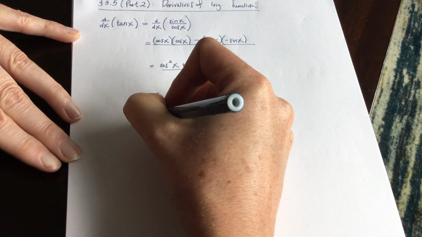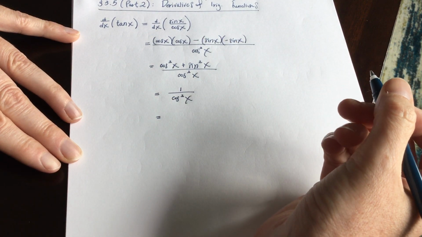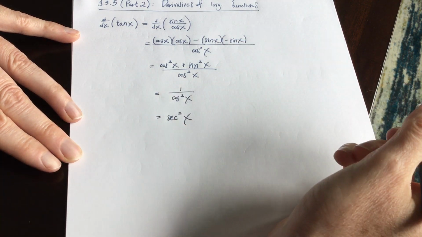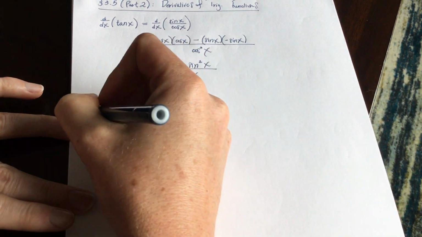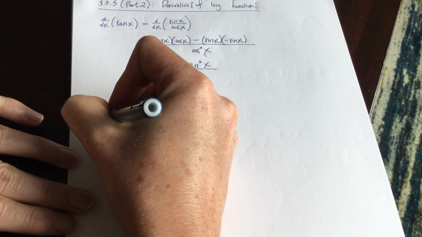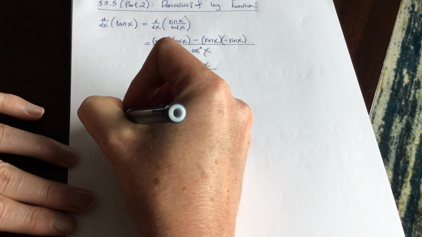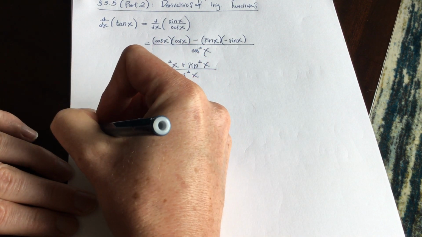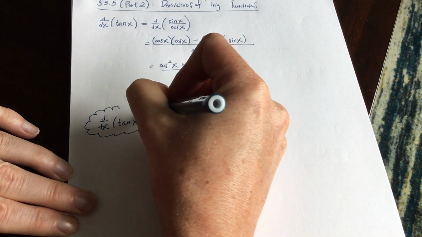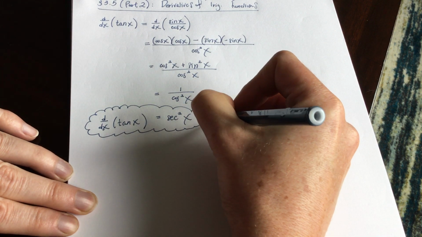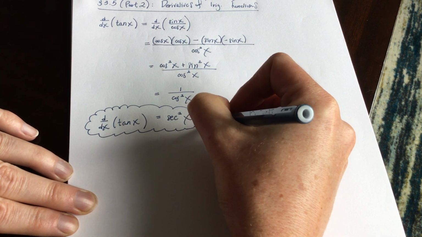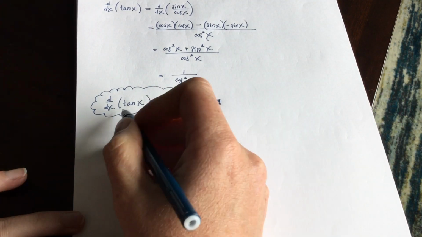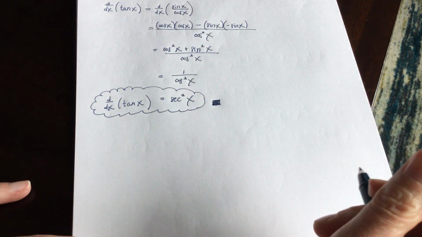And 1 divided by cosine squared, let's see, well, 1 over cosine is secant, so 1 over cosine squared would be secant squared x. All right, so from here on out, you are expected to know from memory that the derivative with respect to x of tangent of x is secant squared x. I'm going to put a memorization cloud around that, and then I'm also going to put a little box to show that we have proved this is true. There we go. All right, so take a moment and do your best to cram that into your short-term memory,